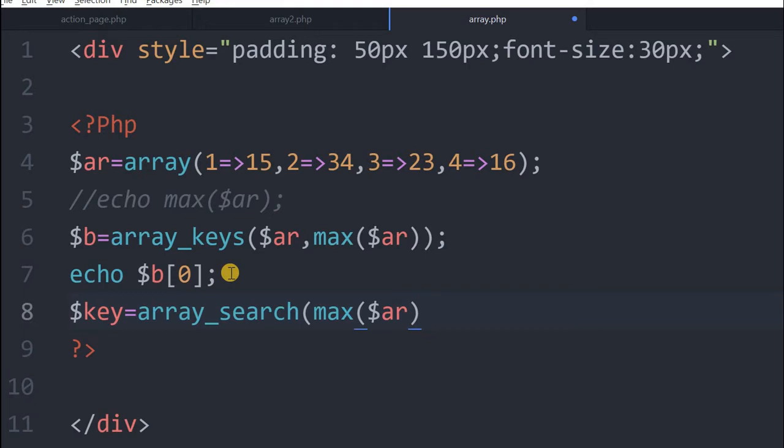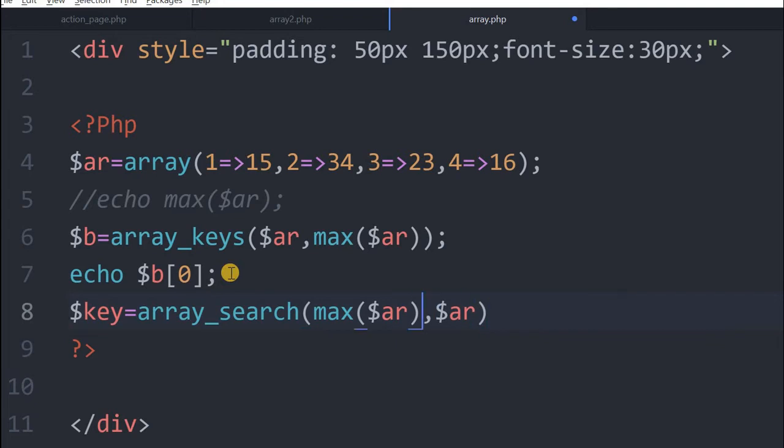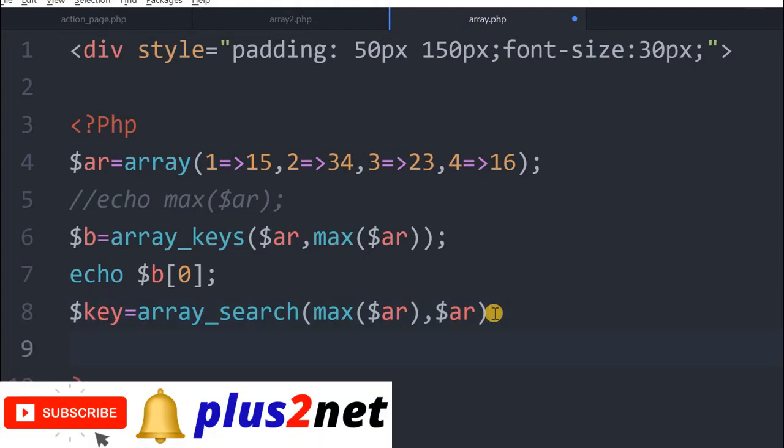This will return us the maximum value. Then using array_search, we will search inside this array for that value and we'll get the key. So we can just print the key.